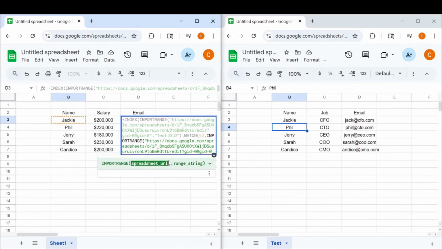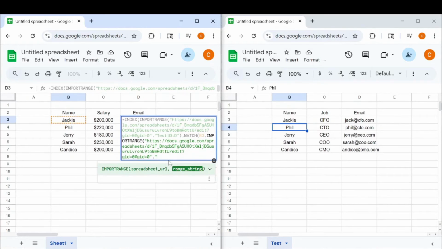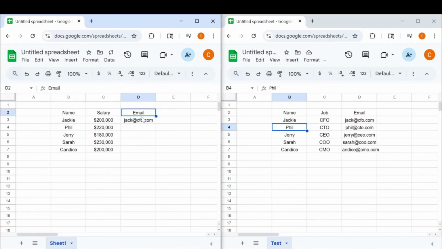quote, paste the URL, quote, and this is getting a little messy, obviously, because you have super long text from the URL, comma, quote, test, exclamation, because that's the sheet or the tab on this sheet that we're referencing. And we'll go B through B, quote, and then we'll end that quotation. And the search type we want to be an exact match, so we'll hit 0. And then we'll hit enter, and that will pop up